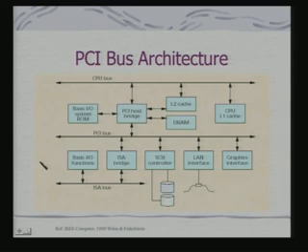In fact, the basic bus architecture is that of PCI bus. We looked at this diagram in the last class also. We are just looking at it again in order to understand its dynamics. The most important thing to note is that this is a hierarchical bus structure. In fact, there are three levels of hierarchy. You have got the CPU bus, you have got the PCI bus, which is the bus which connects the CPU with other peripherals, and there is an ISA bus which is for the slower devices.